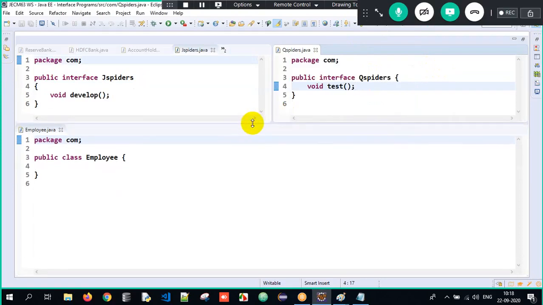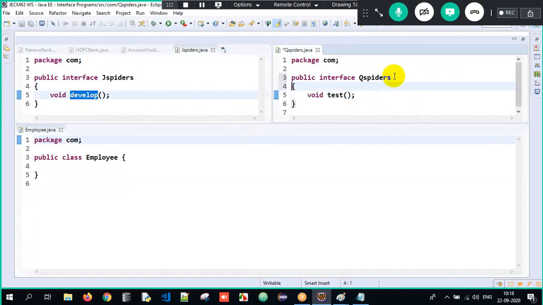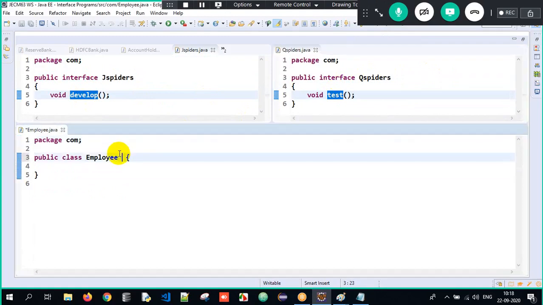JSpiders, where the job is to develop an application, and QSpiders, where the job is to test an application.